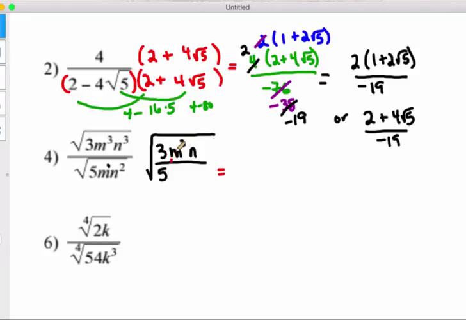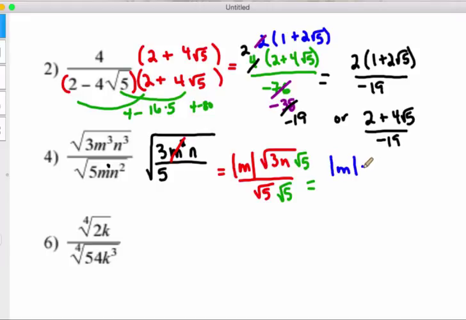So the square root of m squared, that should come out as absolute value. Now I'm left with an irrational denominator. So I should rationalize. So it looks like upstairs, absolute value of m, square root of 15n